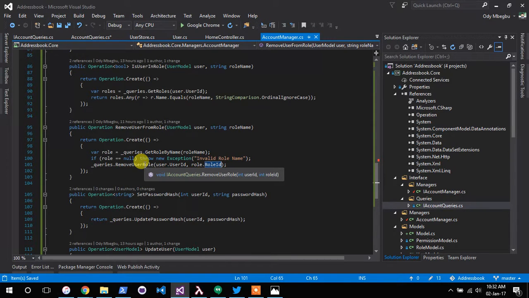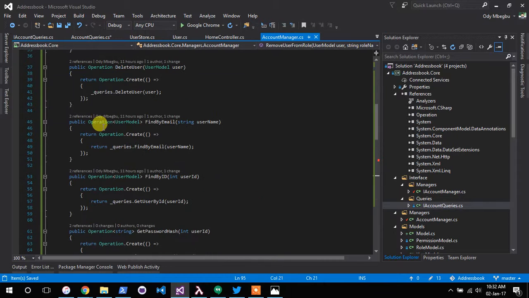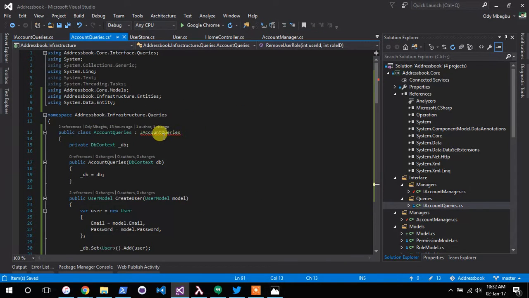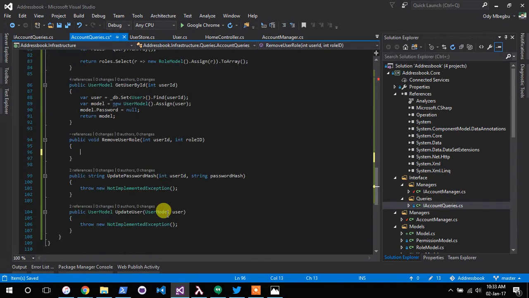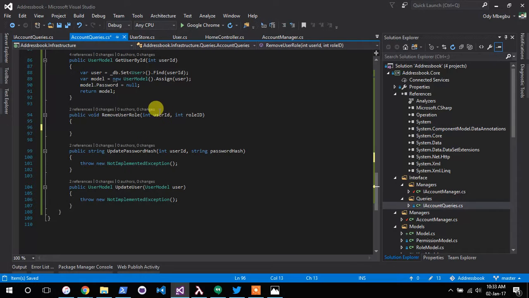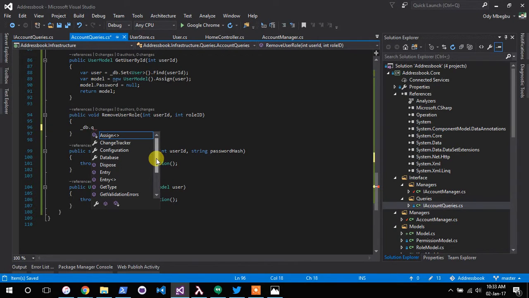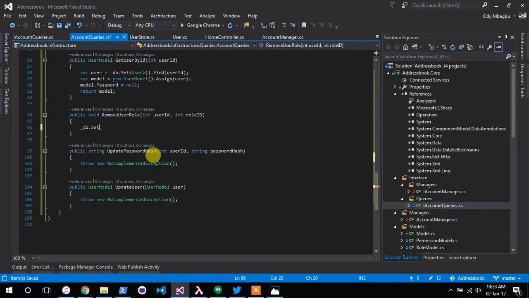Okay, so what now happens next is, we now need to go to our queries and implement that as well. So remove user from role, we give it user ID, role ID. So conceptually speaking, this would be akin to saying delete from user roles where user ID is equal to that and role ID equal to that. So if we were to implement it as SQL, that's what we would put here. Okay, but since we're using Entity Framework, what we now need to do is, first of all, query for db.set of user role where equals to u dot